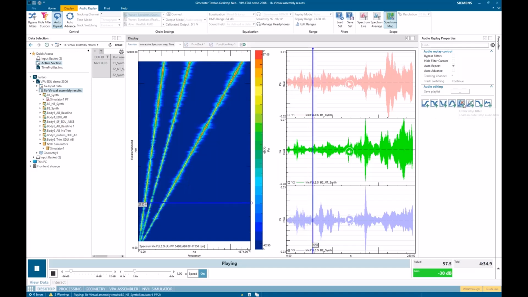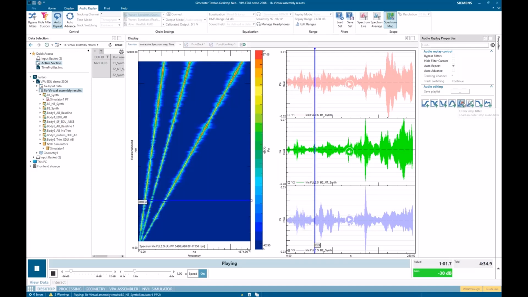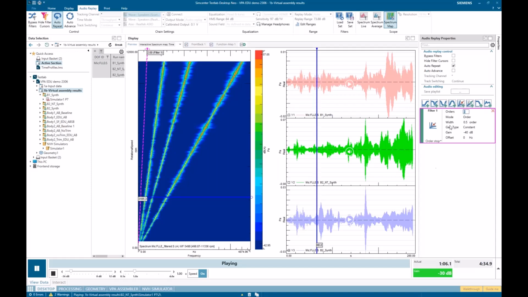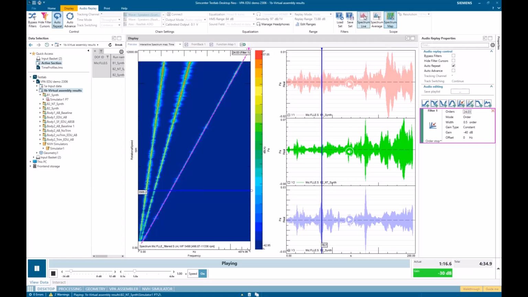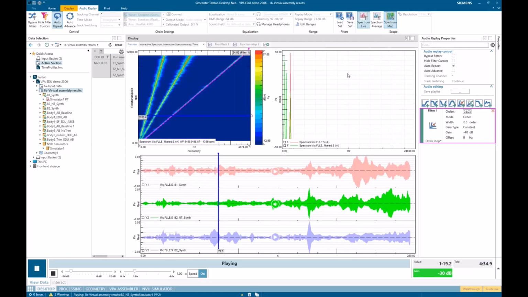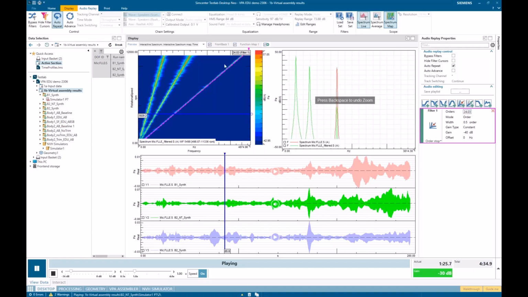I can do a domain order stop filter to see what it would sound like if I wanted to. Let's see, I can do this dynamically, and I can go filter this order out. Instead of looking at the spectrum map, I can look at it live as well, and I can see, if I zoom in down here, the filtered versus the non-filtered here.